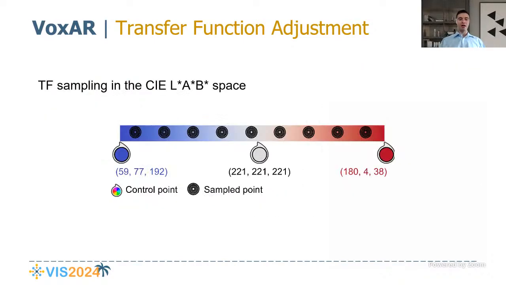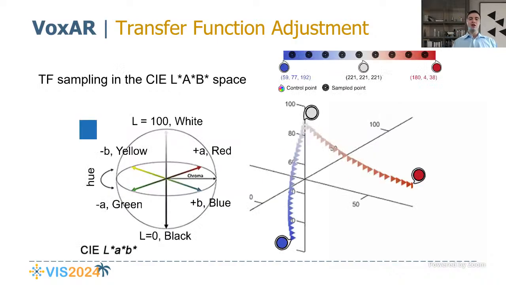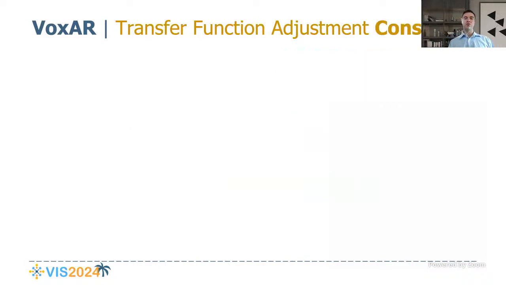So here we have the initial transfer function in RGB color space. We then project it into CLAB color space, and we're ready to begin the optimization process. We have 4 key constraints that we have formulated for the transfer function adjustment optimization problem. The constraints determine a penalty cost for each adjusted transfer function candidate, which the solver attempts to minimize to obtain